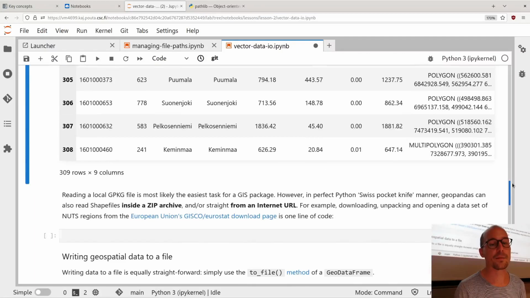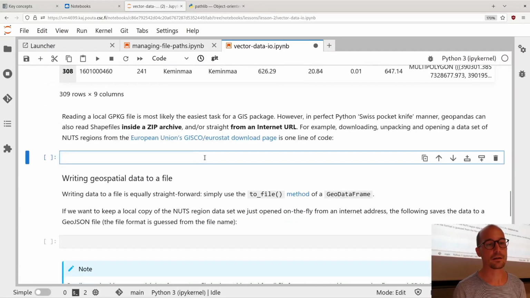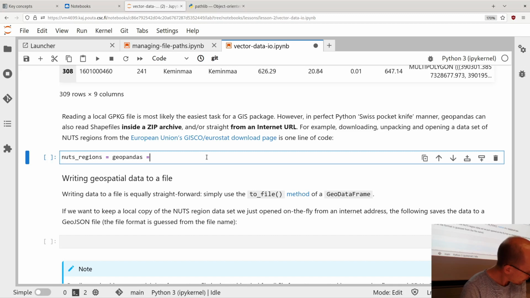But let's maybe still go forward and check something interesting to show how much of a Swiss pocket knife this tool GeoPandas actually is. I'm just gonna show you quickly. Sorry, I'm typing and talking at the same time, and I seem to not manage to do that. So what's interesting is GeoPandas is so ingeniously written that you can just